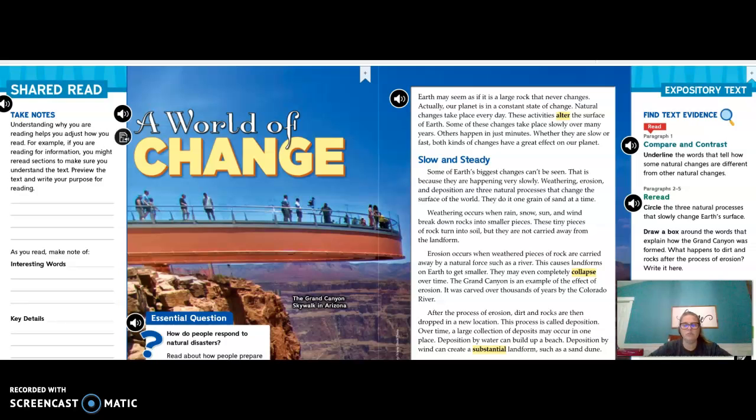Okay, so today in Wonders, what we're going to do is work on rereading and learning some different strategies as to why that might help you, or different things you can do to help you understand what you are reading. So, first off, I want you to reread A World of Change on page 3 in your reading and